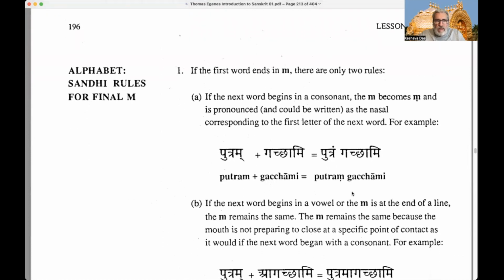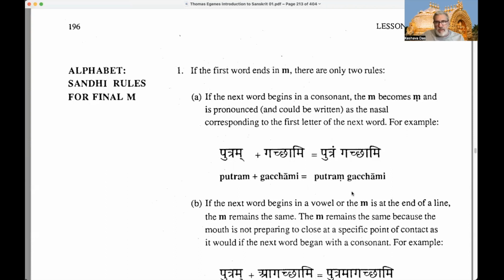As far as the Sandhi rule of final M is concerned, if the first word ends in a final M, not ma, but M, then there are only two rules. A, if the next word begins with a consonant, the M becomes anuswara. That's M with a dot either underneath it or on top of it, depending on whether you're using IAST or ISO transliteration, and is pronounced and could be written as the nasal corresponding to the first letter of the next